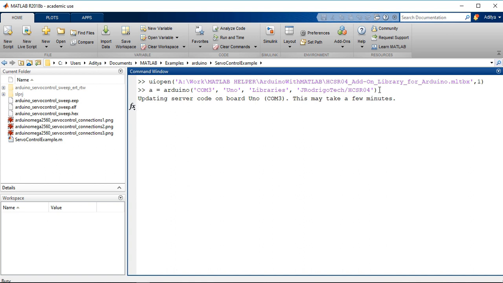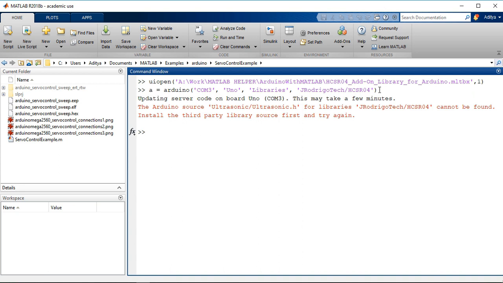So I just unplugged it from the USB and plugged the USB in again. Usually the server code installation or updating takes place just once, but this time it's doing it for the second time, for the same Arduino board.